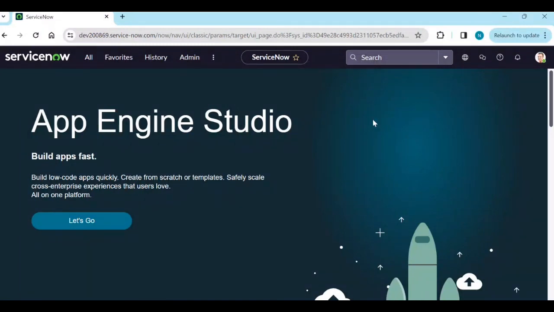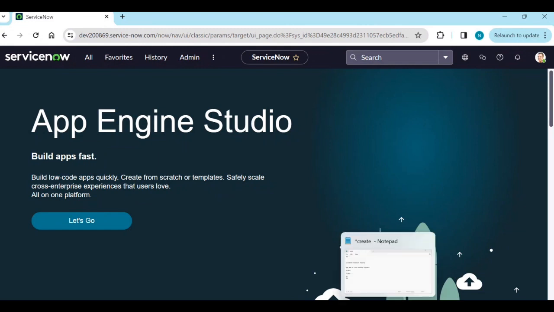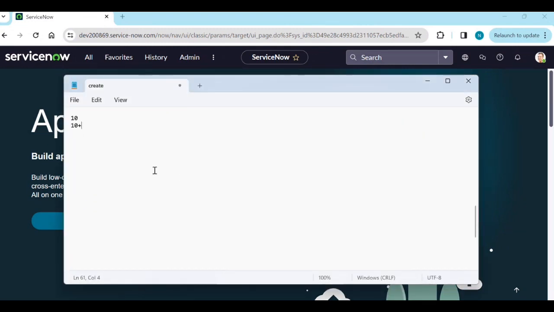So log into your instance. Let's see what breakdown relations are. For example, I have a breakdown called assignment group, AG for short. So if I click on any assignment group